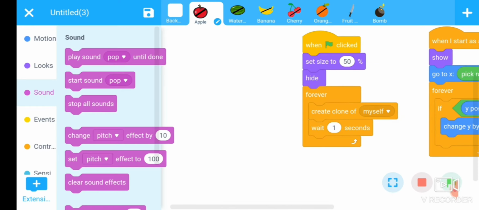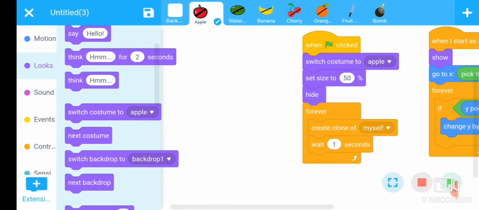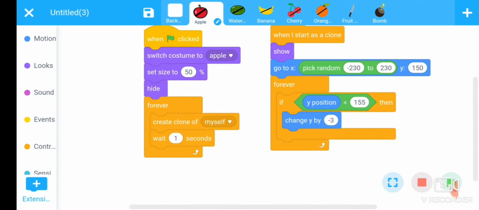First go to look section, switch costume apple. Okay, because the apple has a black line, that means this apple is cut by knife. Initially the apple should be fresh, and second thing, avoid the collection of the apple downward at the screen.